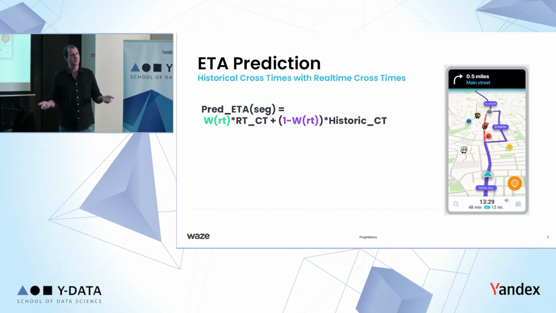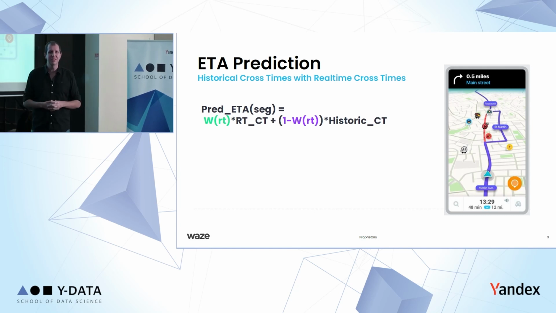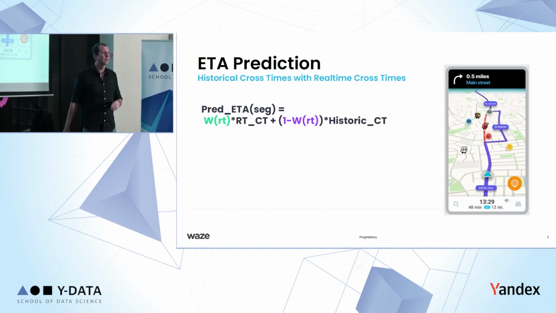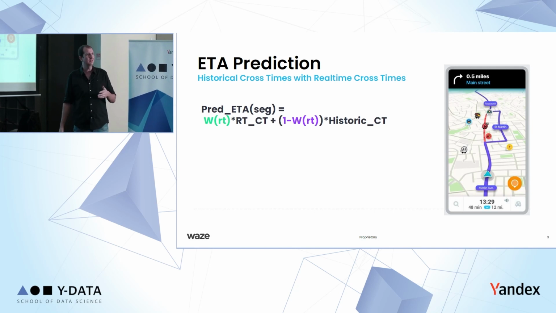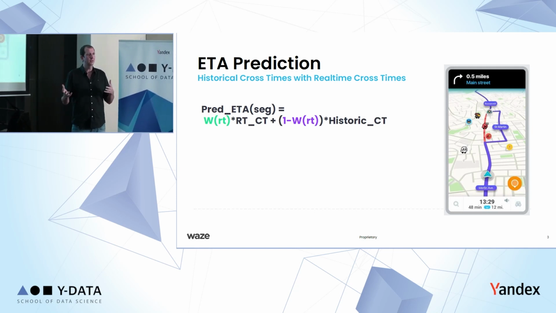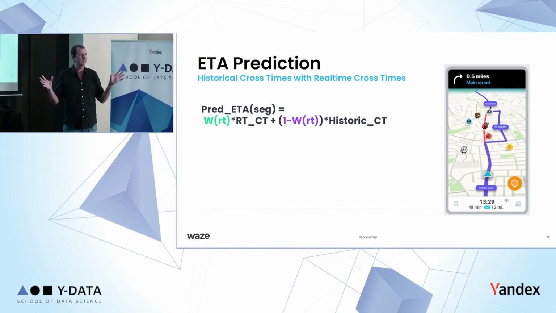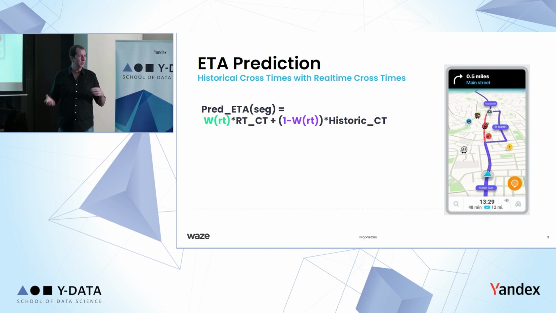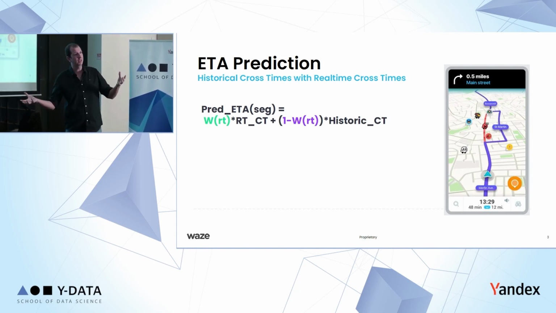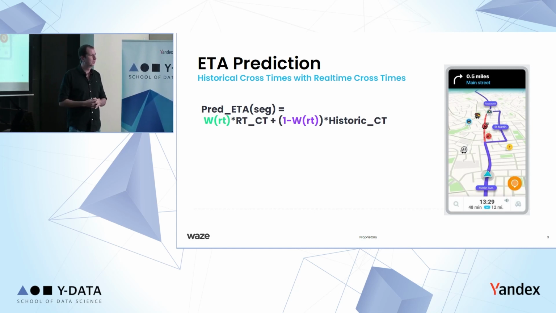Come on, I know you did a few exercises like this at Y Data. So you have historic data, right? You have historic data of the different segments and roads. So is it purely historic data? Real-time traffic. So you need to somehow combine what is going on right now and what is historic data. Now, how would you define historic data?